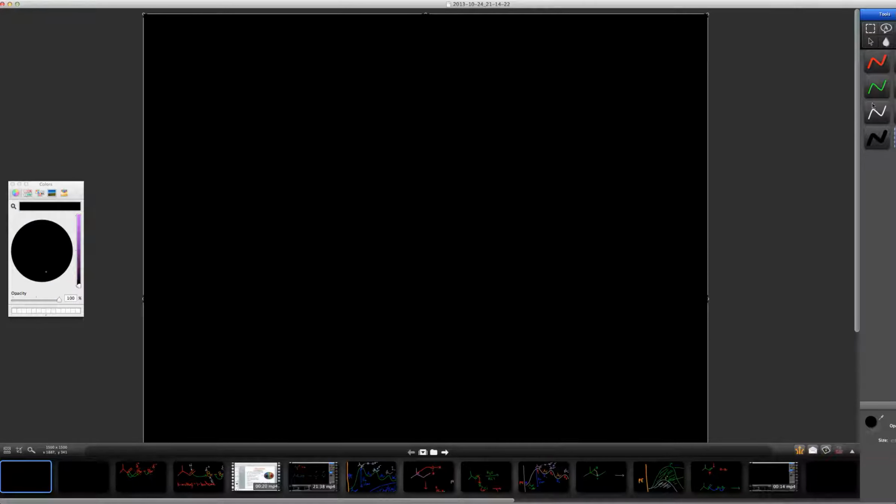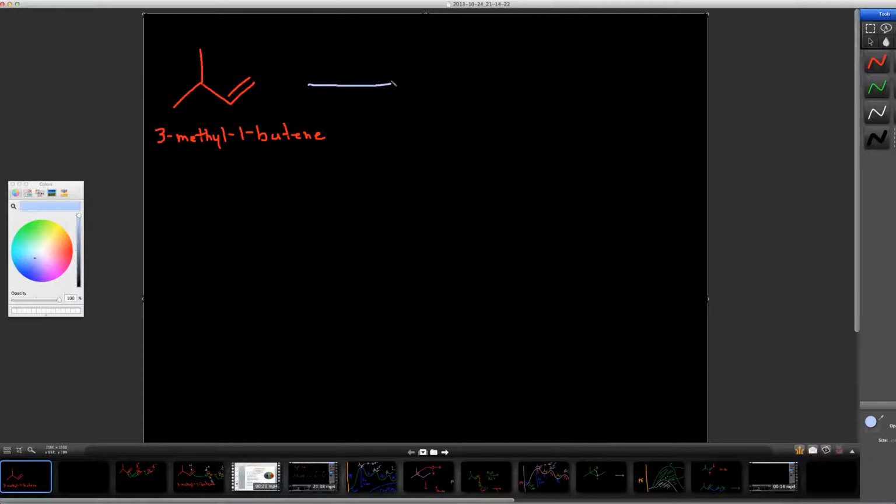So previously we discussed the reaction of an unsymmetrical alkene like 3-methyl-1-butene with a couple of different electrophiles. We have seen the reaction of HBr,